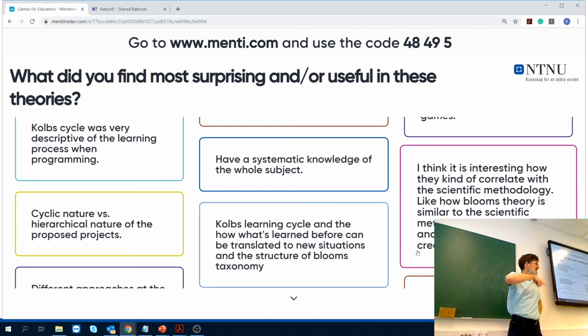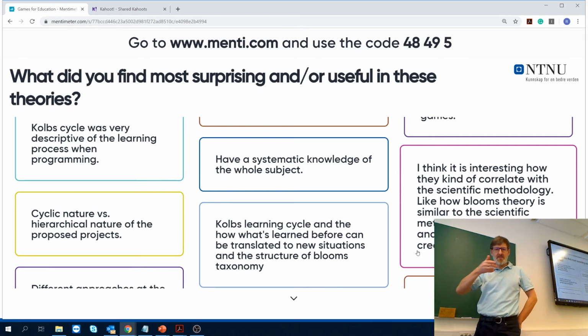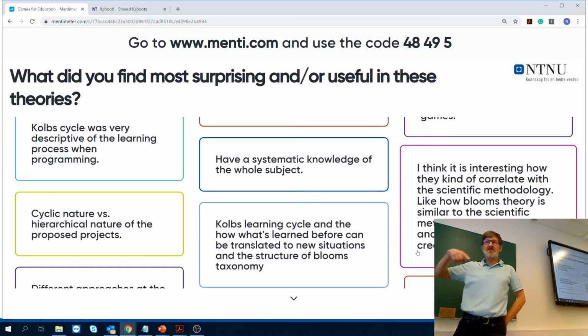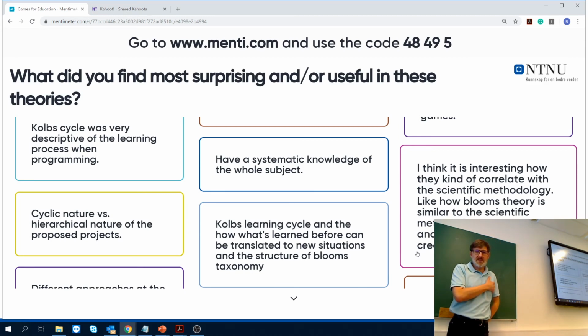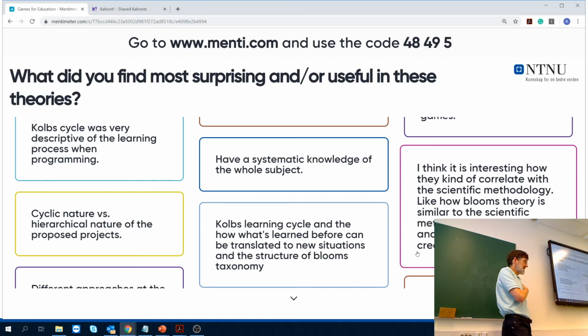The only cycle I think will be Kolb's cycle, and see how you have iterations. You build on the existing and you keep up. Systematic knowledge. Okay, good. Kolb's learning cycle and how what was learned before can be translated into new situations, and the structure of Bloom's taxonomy. Yes, and I think that one of the reasons why I